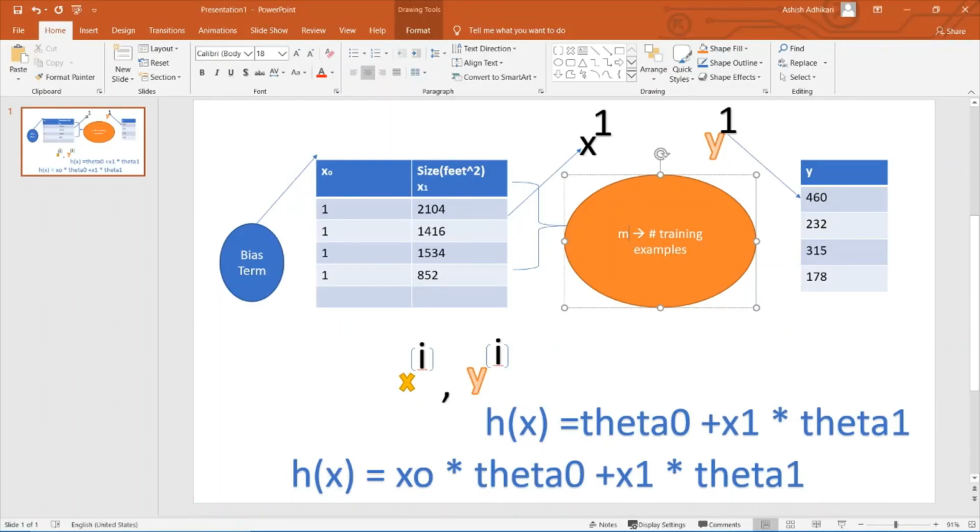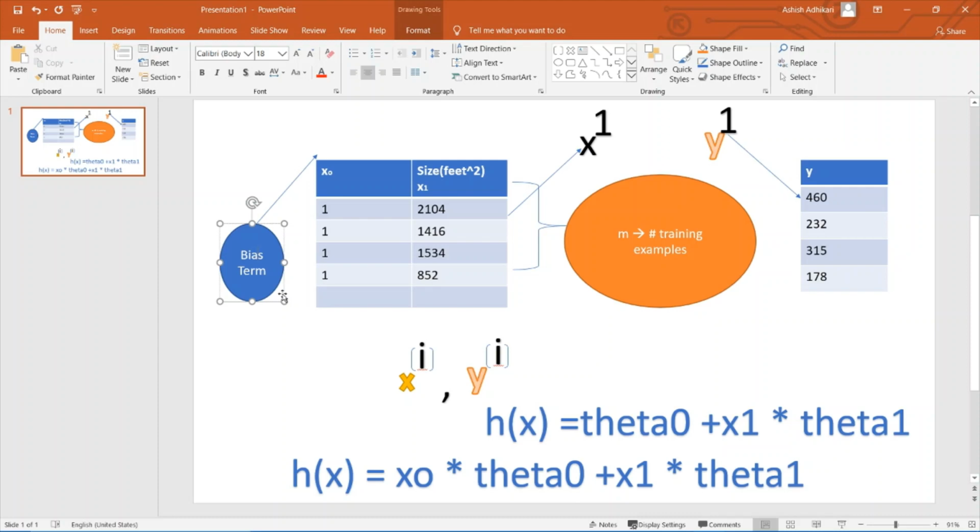So if you remember, in the linear regression I talked about some notation. Here is some recap. I will be denoting our number of training examples as m. Okay, and you already know that I'm going to add some new feature, that is x naught, and I will add all 1s in the x naught. I might sometimes refer to this x naught as the bias term, so don't get confused with that.